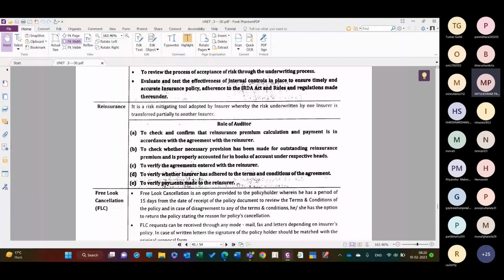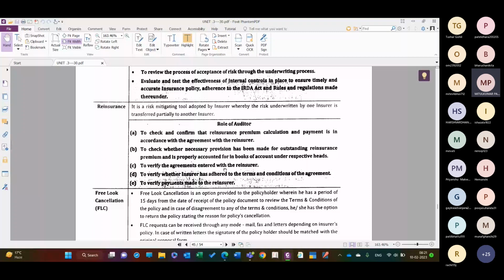But you need to understand that in both circumstances, there is one company who has taken an insurance policy and has partially reinsured it with the other insurance company. So this is the agreement, and in that case, you have to see all this as an auditor. But what will happen if you are an auditor of a company who has assumed the risk from the other insurance company?